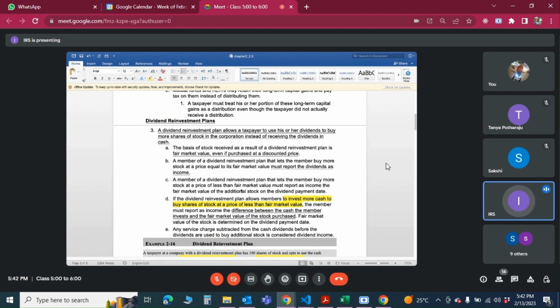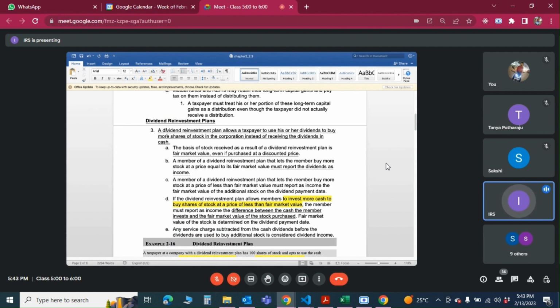We are not doing cash basis here, right? That if you don't get it, it doesn't count. It's something that you have earned. You have a right to take it out. But if you say, I don't want to take it out, I just want you to take my money and reinvest in the company, then it's fine. You're just growing your own investment. So first it should come up for taxability.